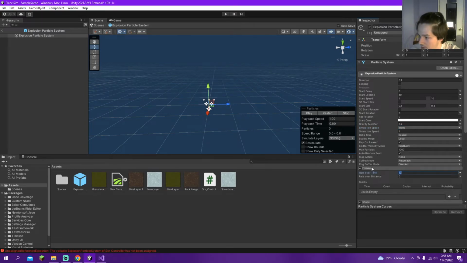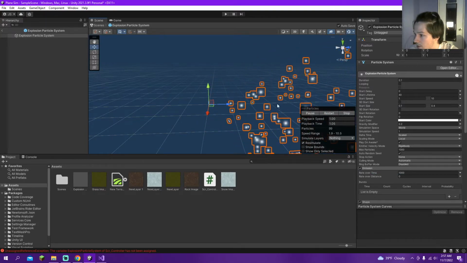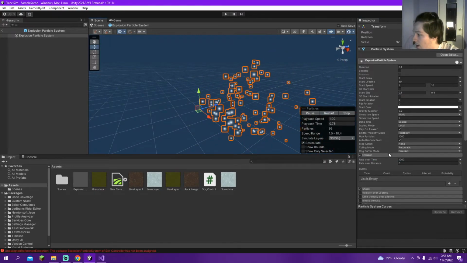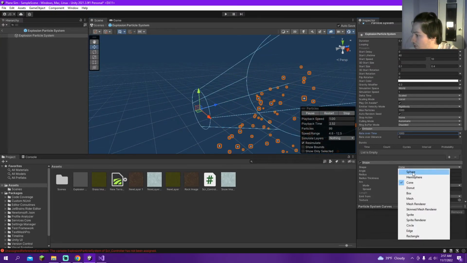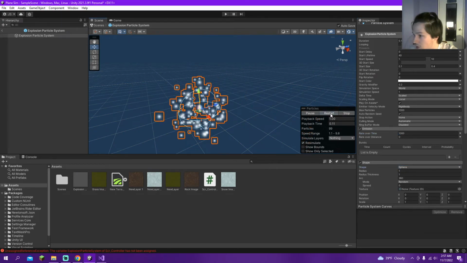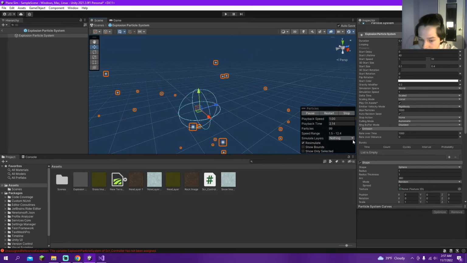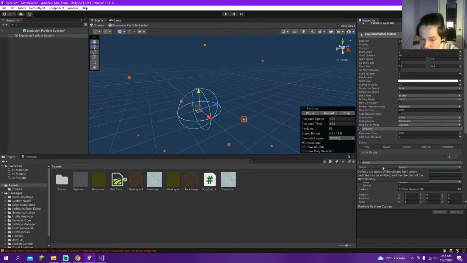Emission, we want not 10, we want 1,000, just like that. Perfect. Shape, we're going to want a sphere to sort of blast them everywhere. And radius 1.04 I found to be a good number. And yeah, that's good in that section. The next section was all the way down under